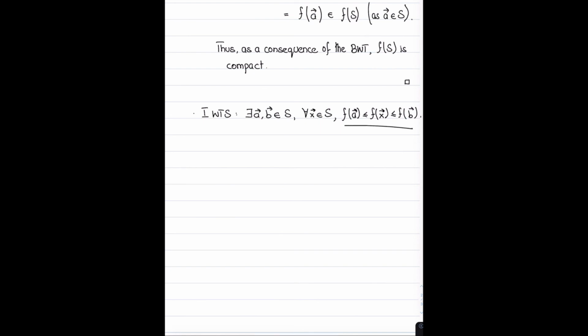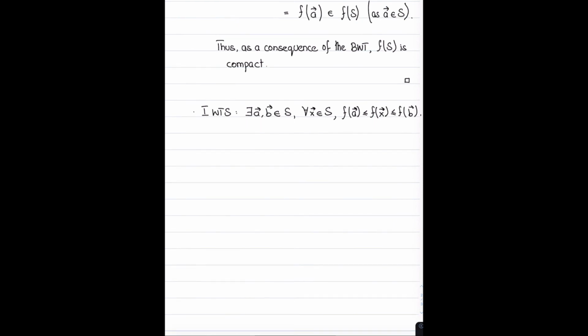And then this inequality will hold because of the very fact that f of a is the infimum and f of b is the supremum. One thing that you'll still have to show is that a and b are in fact elements of S. So you can go ahead and write out the step-by-step rigorous proof, or I'll basically just explain why this is true, and that should also be sufficient. So firstly,